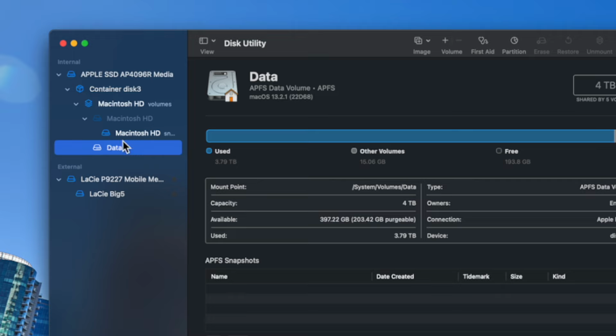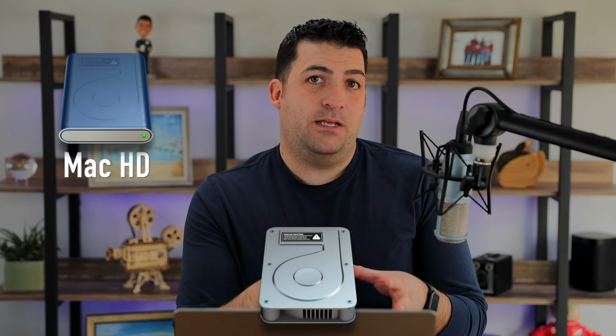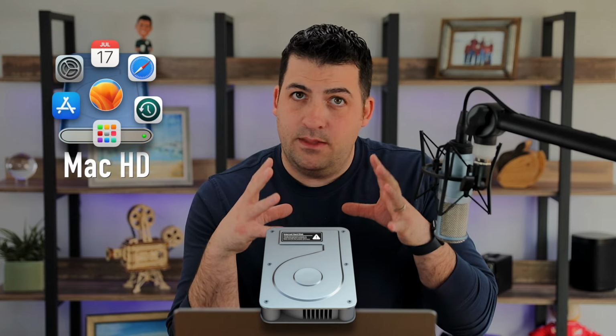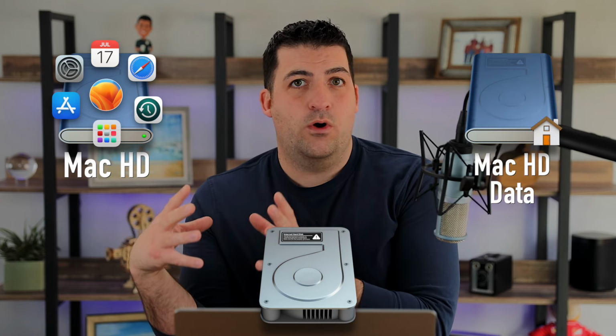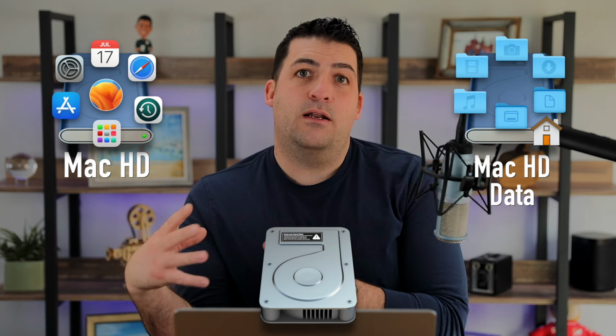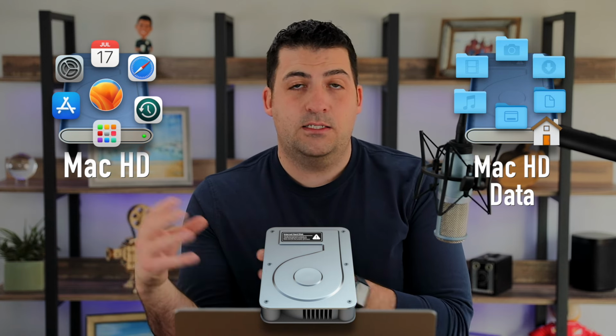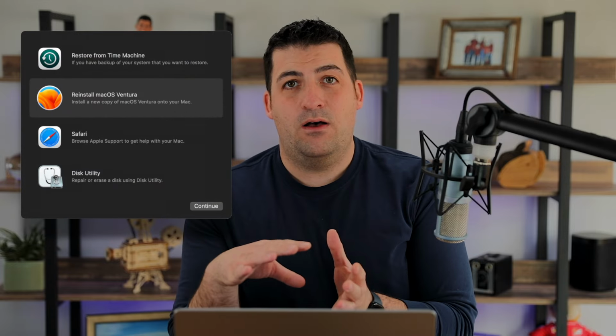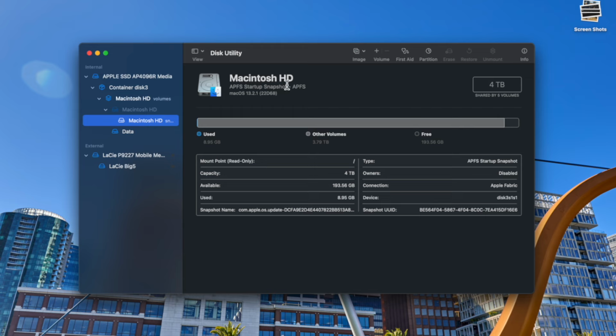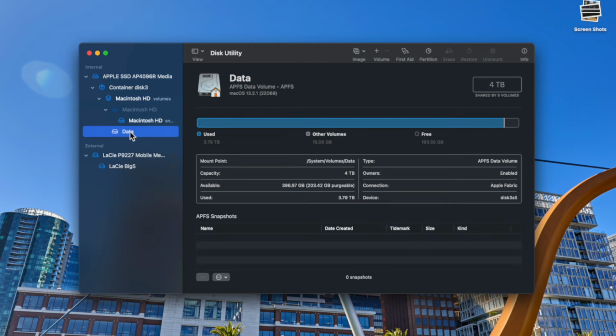The way the Mac works is it splits your internal Mac hard drive into 2 different volumes. One has all of the applications and the Mac OS and everything that is needed for that computer to run. And then your other volume is actually where all of your data is stored. This is how it allows you to use different troubleshooting techniques where you can actually re-image your computer, reinstall the Mac OS without affecting any of your files, because it's only doing the one volume of your Macintosh that is the Macintosh HD here. It's not doing the actual data part of your hard drive.